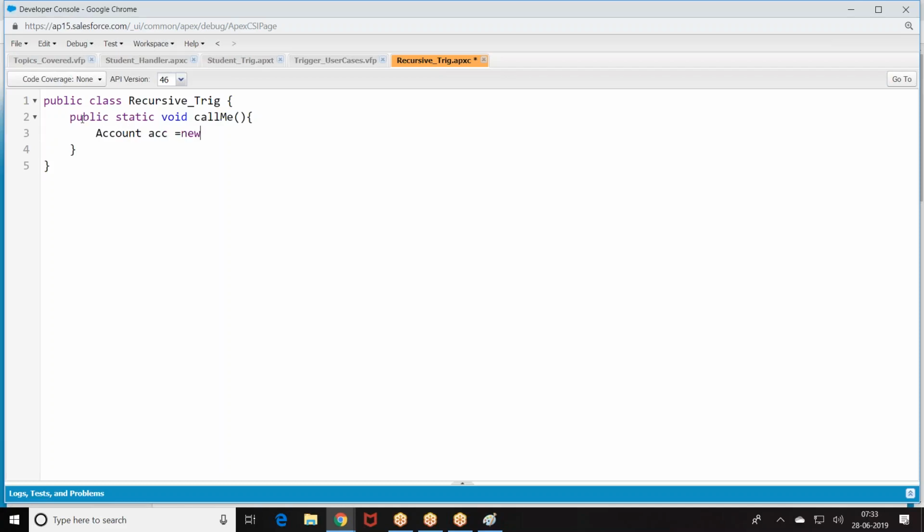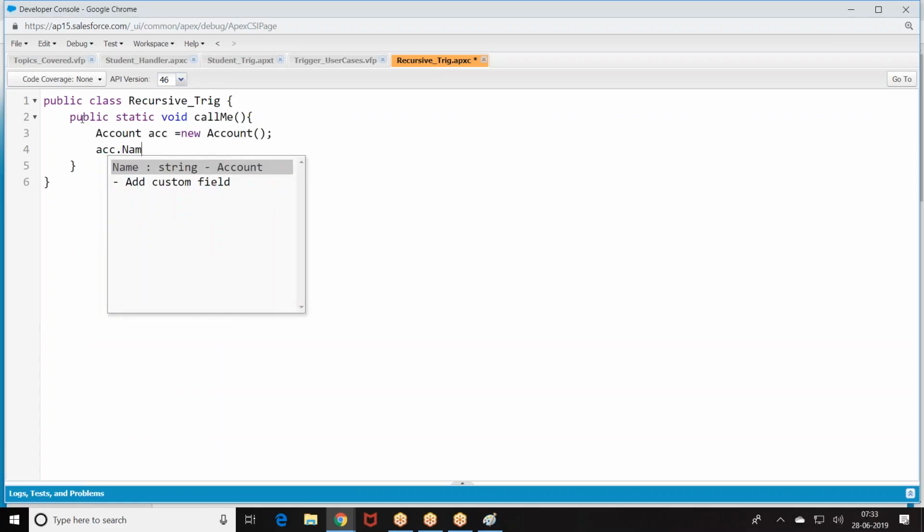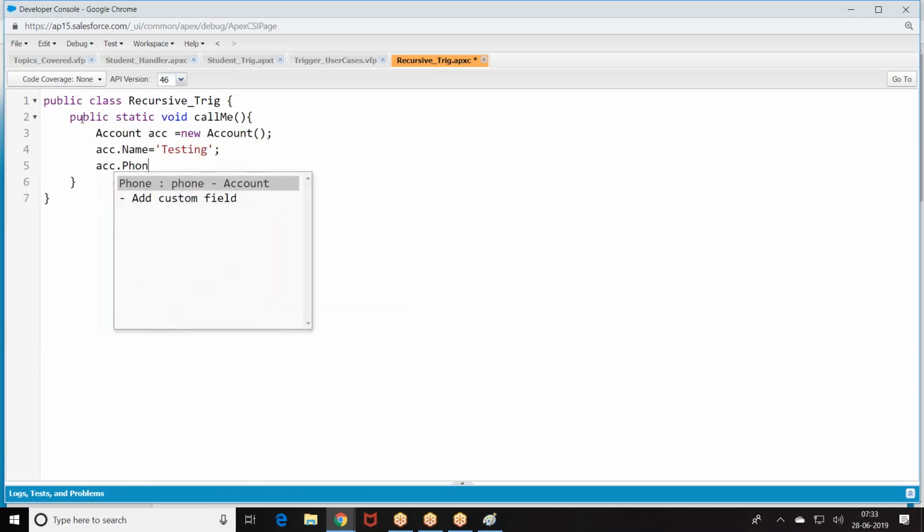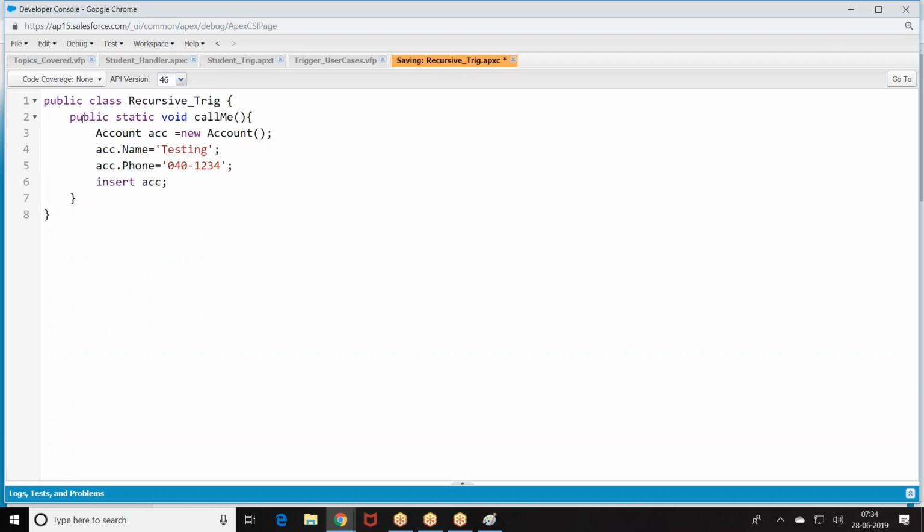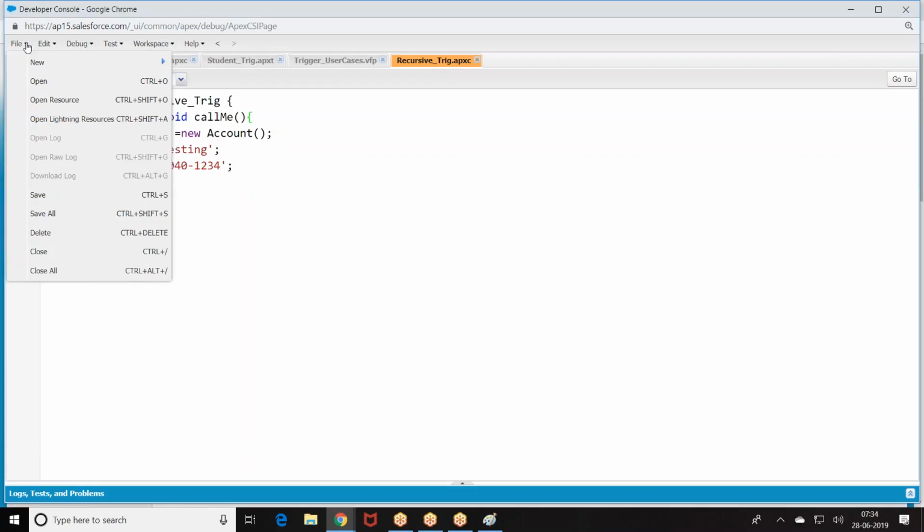I'm giving, I made this operation. So when you call this, what is happening? When you call this, insert is going to happen, right? Then